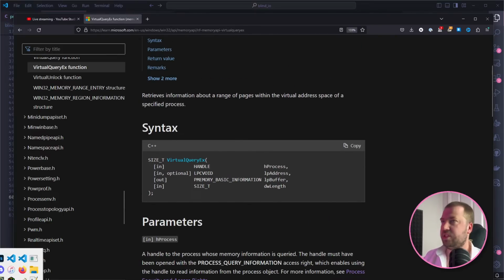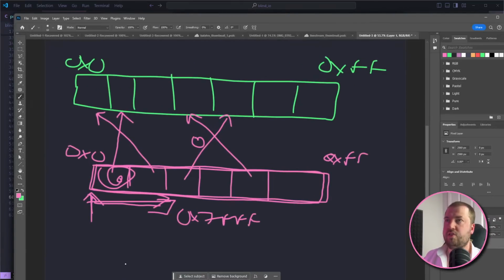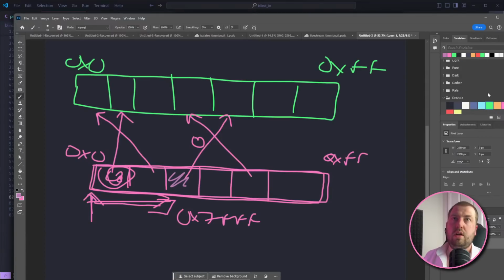So what actually happens, and this is the bit I was trying to get to before we got distracted, is you'll have a whole bunch of memory which will have different states. It might be unallocated, so these early sections in the 0x0 range are probably not allocated. You'll have some that are read-writable, some that might be executable, some that might be just readable, and so on.